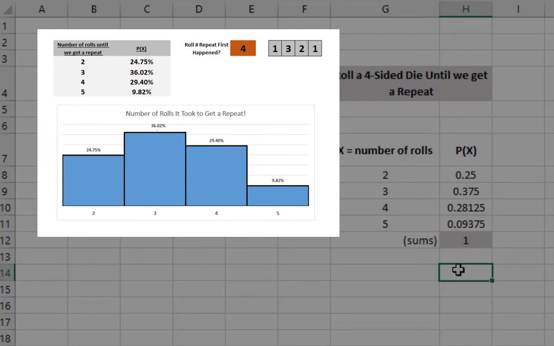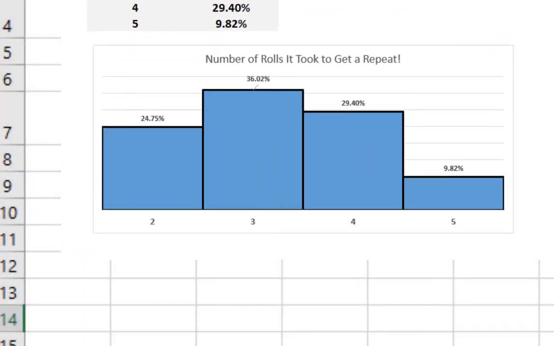Now, look at that graph. I'm going to use the graph on the Monte Carlo because it's going to be very similar to the graph from our distribution anyway. And you can see that it's not quite a bell curve. It's bell-ish, but then it's got this cool tail off to the right. So that tells me a couple things. First of all, it tells us the mode, the most frequently occurring data point, is 3. But it also tells me that the average is going to be a little bit to the right of that mode.